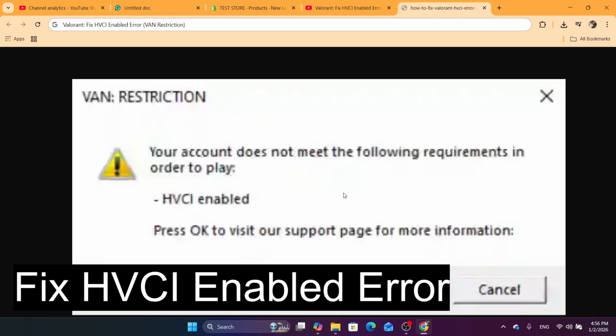In this tutorial, I will be showing you how you can fix the HVCI problem, which is "your account does not meet the following requirements in order to play." Okay, so to fix this so that you can open your Valorant, what you need to do